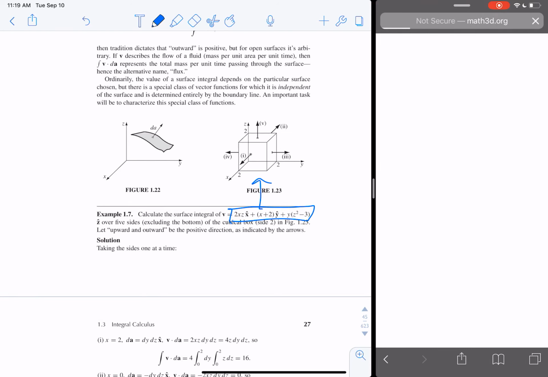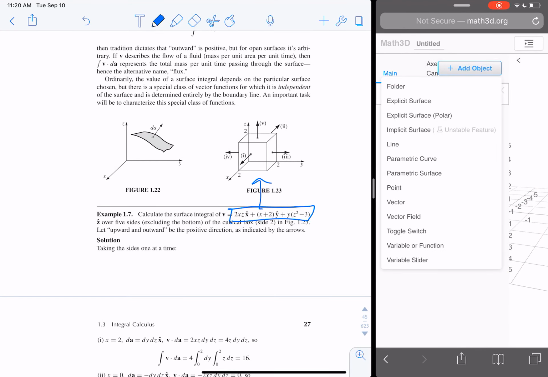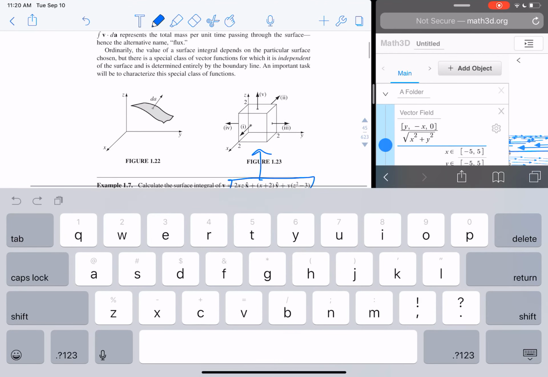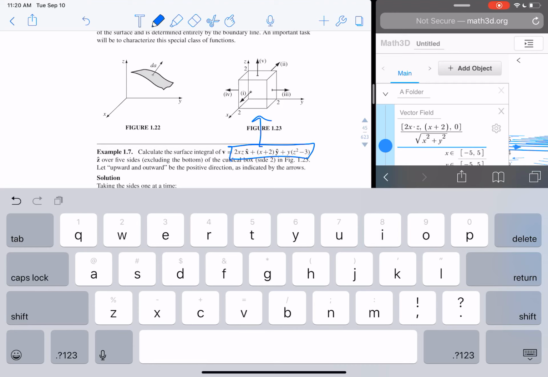Okay, so let's get rid of this surface. Let's add a vector field, and let's make the vector field 2xz, 2x times z, in the x-hat direction. Then we want x plus 2 in the y-hat direction, and then we want y times z